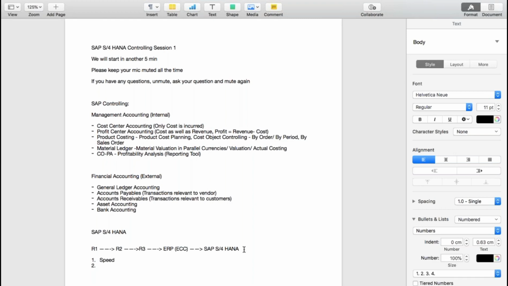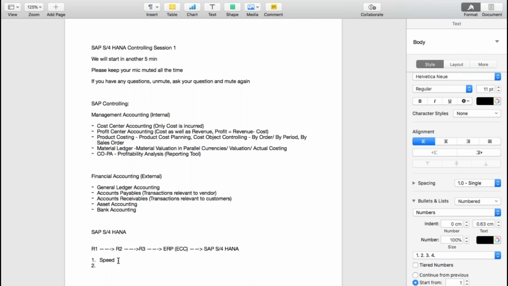If you go to the customer and ask them, okay, what are the things that you would like to change in SAP, the first thing they will definitely tell you is that speed is an issue. Although I'm able to do all these things, although I'm able to generate my report, the problem is many times it takes a lot of time to generate those reports. And that is the reason customers will say the first thing we want to improve is the speed. Okay, number two is the user experience.